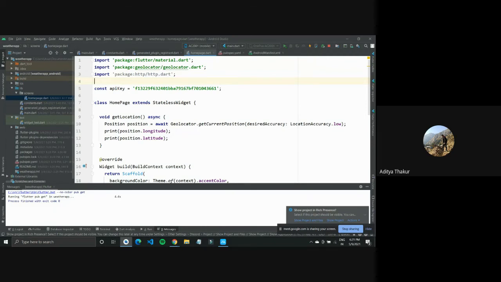I have also defined the API key already that I got from the OpenWeather API. And what I'll do now is use the location to get data. So we are importing this http.dart, and now inside our homepage, again, what we are doing is we have this